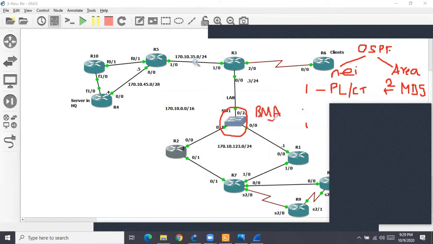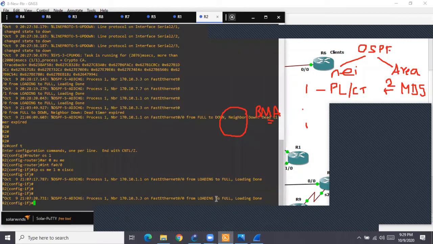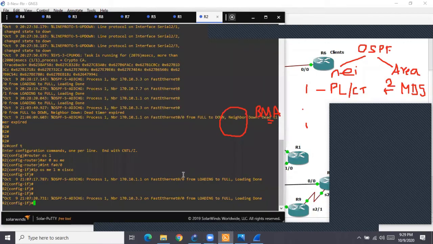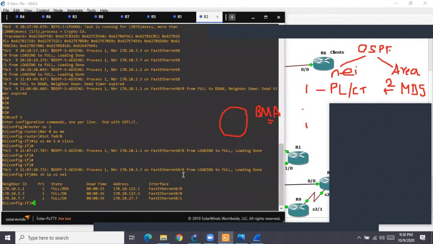When you have BMA, one of them will become the DR, then there will be a BDR, and all the remaining routers will be DROthers. Anyway, coming back, have they formed adjacencies? Yes. Is R2 now also part of the domain? Yes. So area 0 is up again, but now the communication is happening secured.